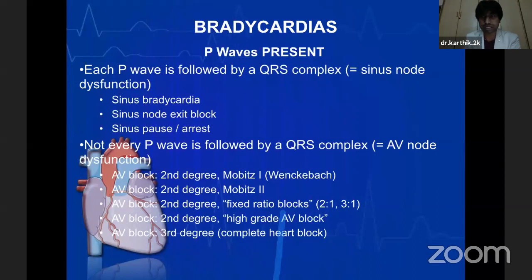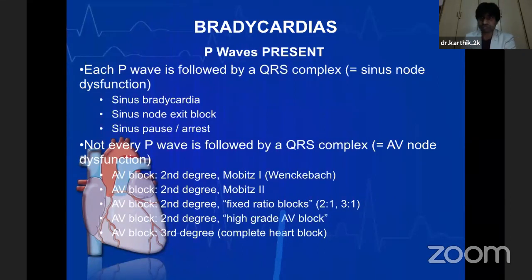Alternately, you should also be clever enough to check the medications of the patient, because in today's world, many of the elderly people have already had an episode of myocardial infarction and received treatment, and they may be on beta blockers. And sometimes elderly people who have atrial fibrillation may be on rate controlling agents. So you should also simultaneously check the medications of these patients to see whether it is a drug-induced bradycardia or not. Now, once you've determined the PQRS relationship, the next step that you have to assess is whether every P wave is followed by a QRS complex.